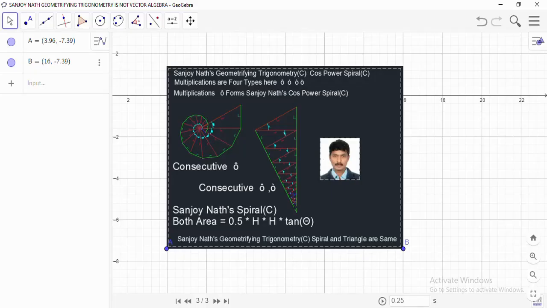Welcome friends, we are again here in the Geometrifying Trigonometry demonstration, and several people are asking whether its plus, minus, into, divide looks like something near vector algebra. Some people are talking in that direction, but strictly speaking, Geometrifying Trigonometry is an entirely different subject than vector algebra, and it is not purely trigonometry, not purely Euclidean geometry, but obviously the fundamental target is to read the expression of trigonometry equations like identities,